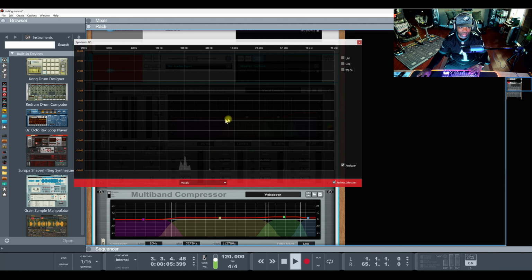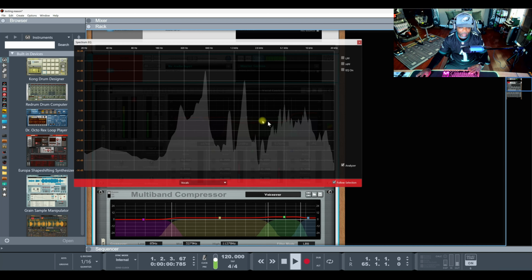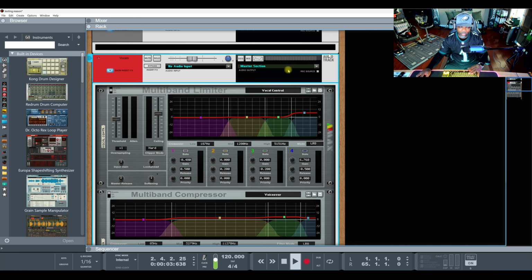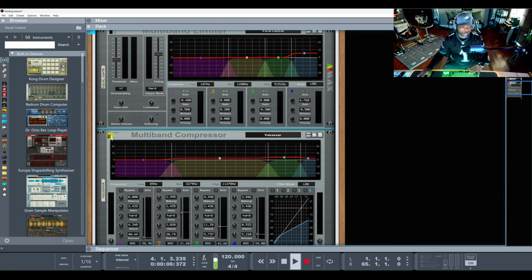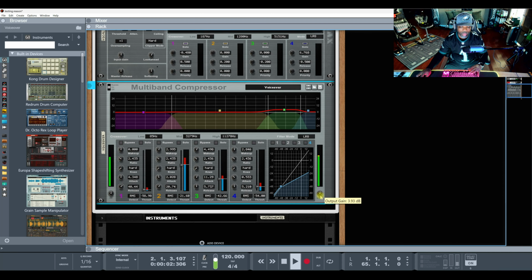exactly right here, you can see the multi-band limiter in the background. So now let's go back to the multi-band compressor. And y'all hear the difference. Now what I want y'all to do is tell me which one sounds better, which one doesn't sound good, or what's the difference you hear in each one of them, and I think this is a great tool for vocals, man.